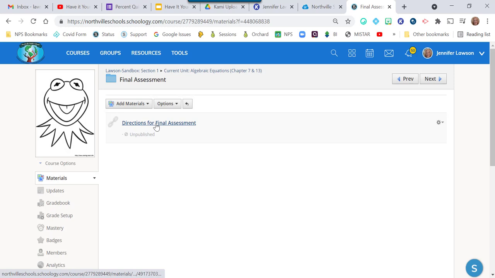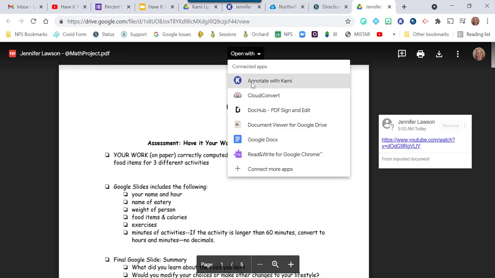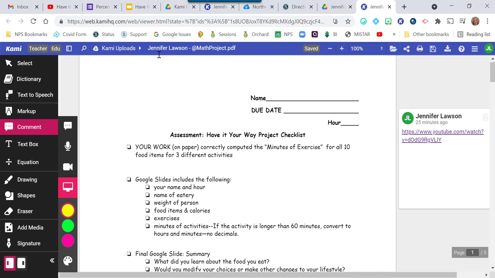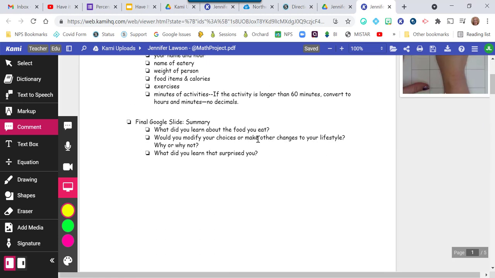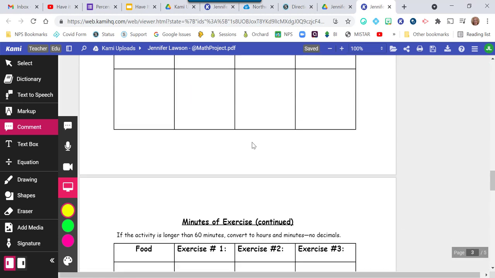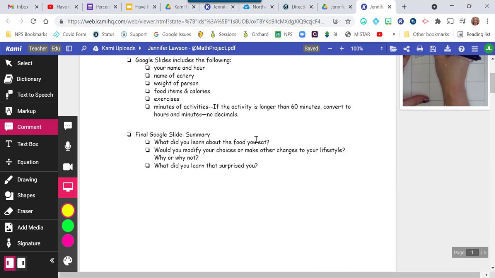This way, when the students open this document, they will open with Kami, and it will open with their name. Now, it's saved as my name because I'm the owner of this document right now. But the students can open it up, and this is just for their informational purposes. They can go ahead and type in here if they'd like, mark it up, and when they're done, they will